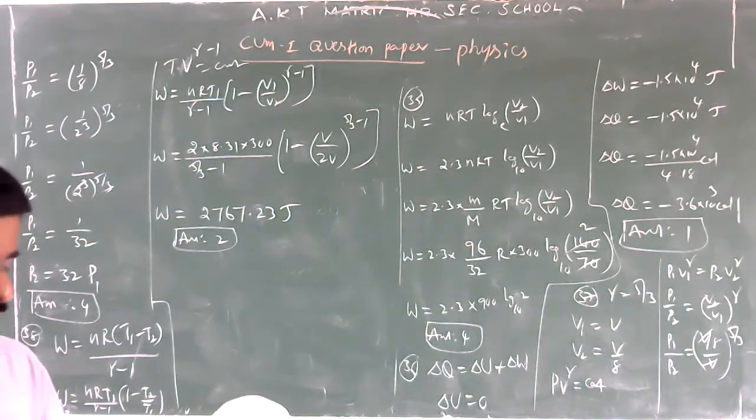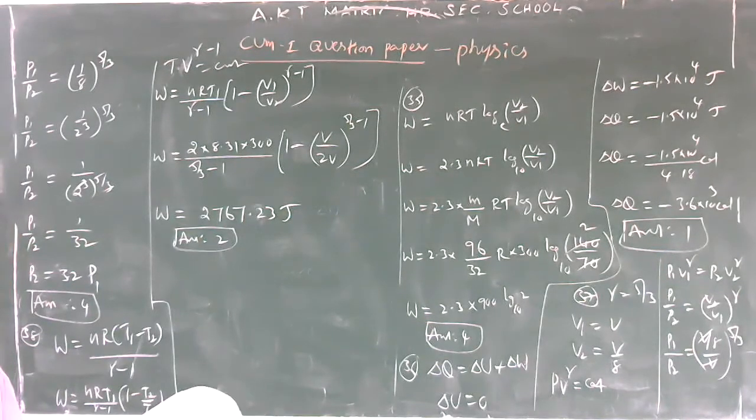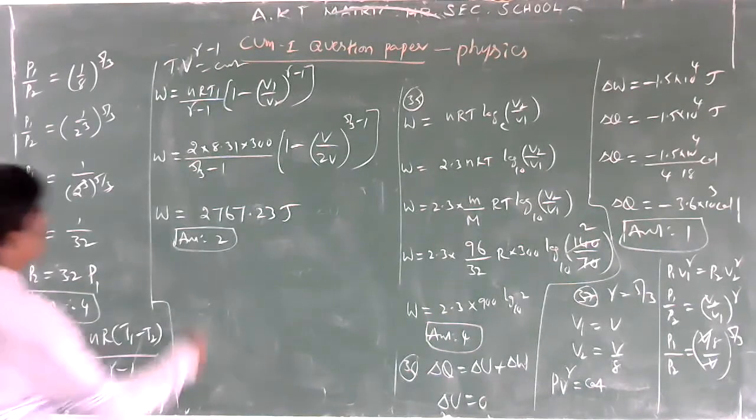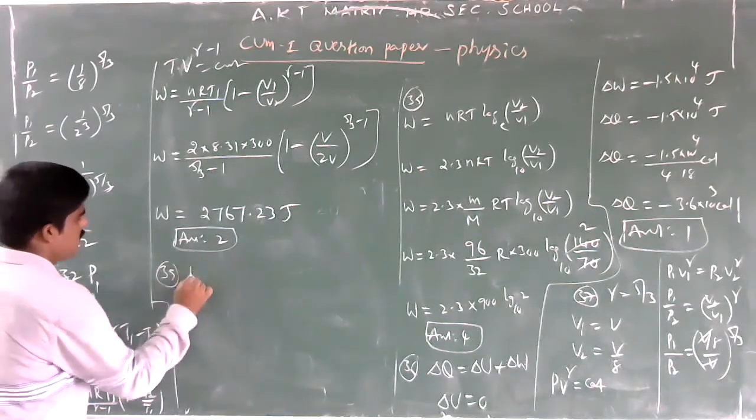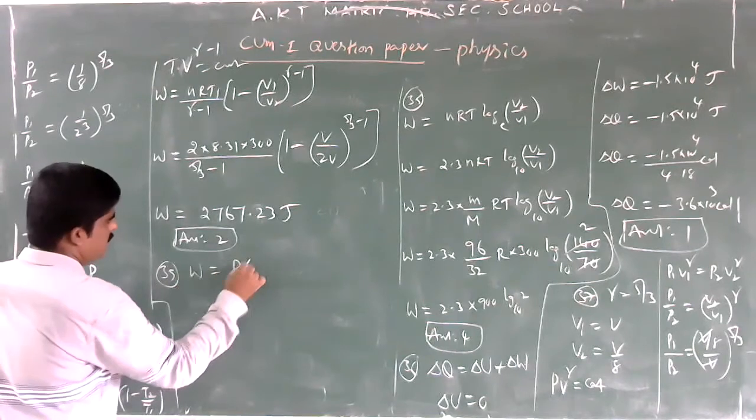Question 39. 2 kg of water is converted into steam by boiling at atmospheric pressure. The volume changes from 2 × 10^-3 cubic meters to 3.34 cubic meters. Then the work done by the system is about how much? The general formula: work done is equal to P into delta V.